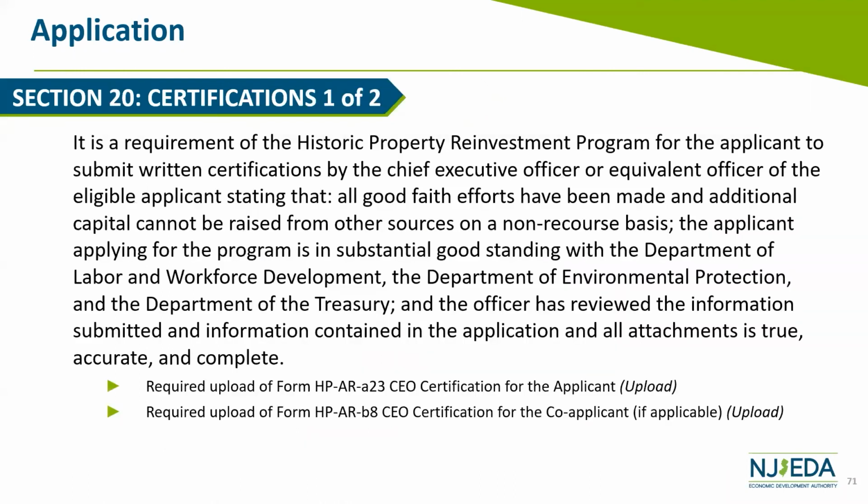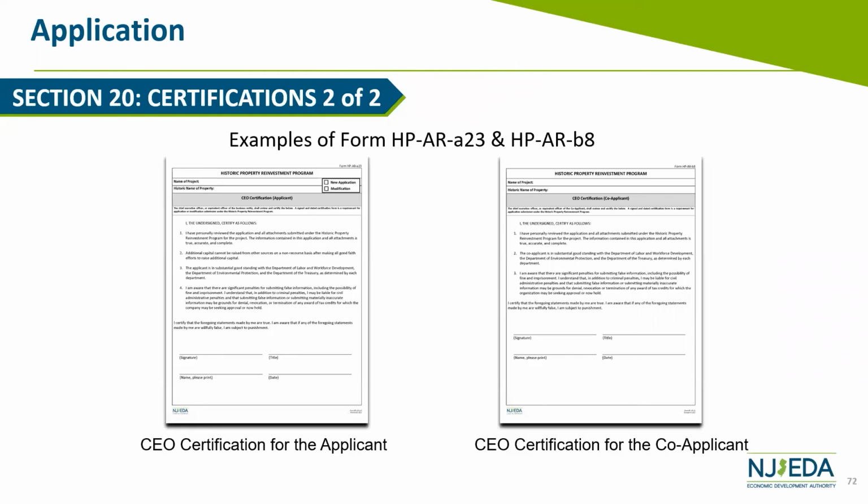And now we're really here at the end. We have two certifications. There are two forms that are required. If you have a co-applicant, there'll be one for the co-applicant and one for the applicant. If you don't have a co-applicant, then it's just the one form. It has to be signed by the CEO of the organization or equivalent, and basically is just certifying that the